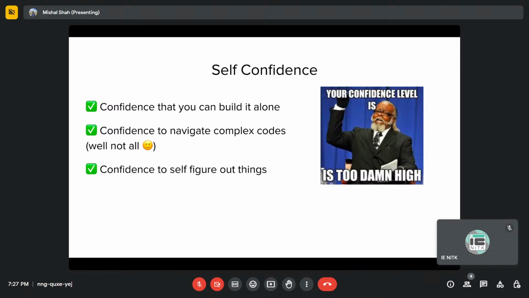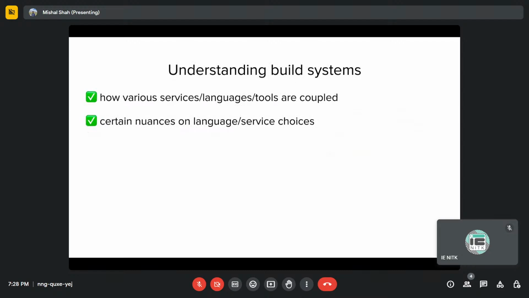Don't be worried about that, you'll get a hang of it. And when you are doing it alone, you figure out things yourself. That has helped me very much over my career: once you start doing, you get that confidence. So that is one.